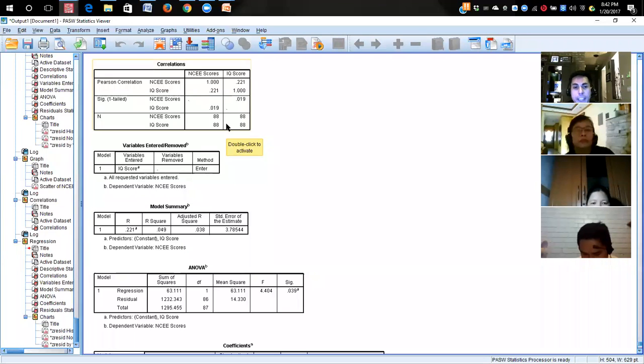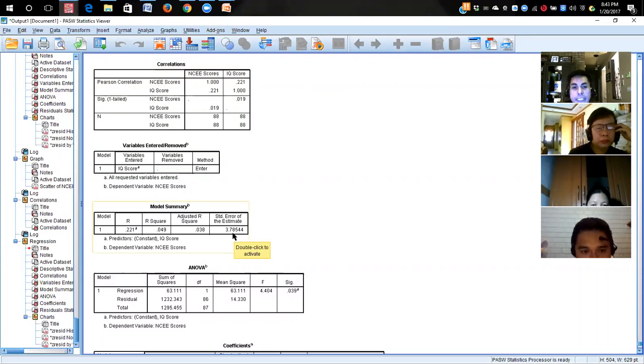And then the standard error of the estimate here is actually very good. It's only 3.78. That's the standard error of the estimate. And again, this is a function of the model. This is a model summary. This standard error of the estimate, which is only 3.78, is